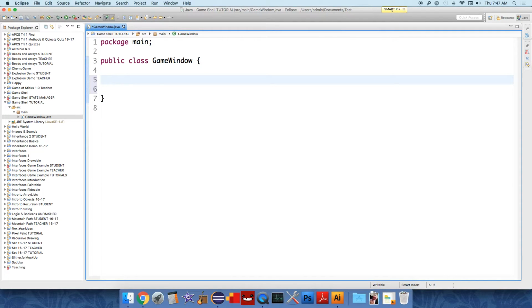In our class, we are going to create the window that pops up to play our game inside. So this is going to contain the main method, public static void main, string args,